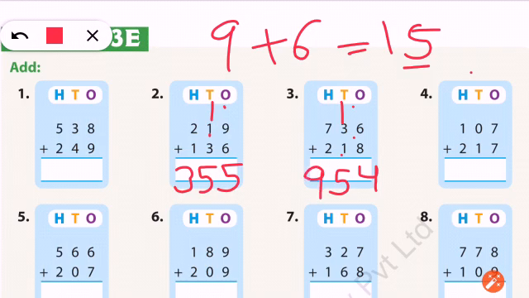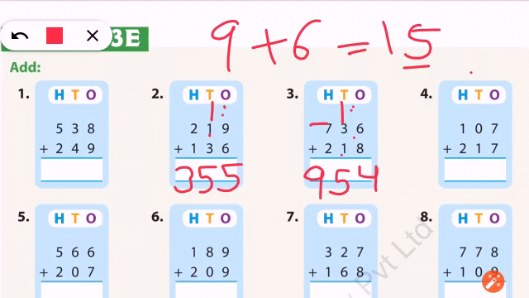So students, don't forget the carry. If you don't add the carry, then the answer will be wrong. You have to add the carry over every place if there is a carry from the other number. So everywhere you have to add the carry also. If the carry is not there, we will not add. So be careful when it comes to carry. We have to add in that place.